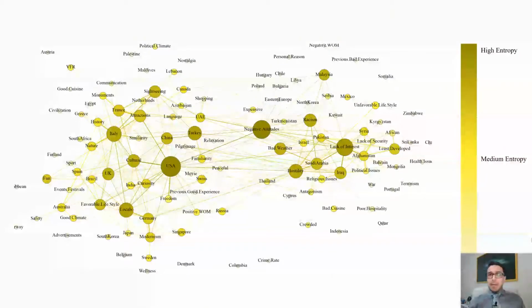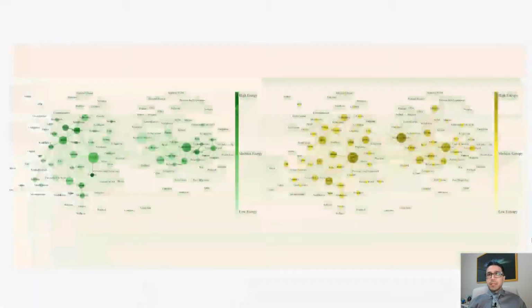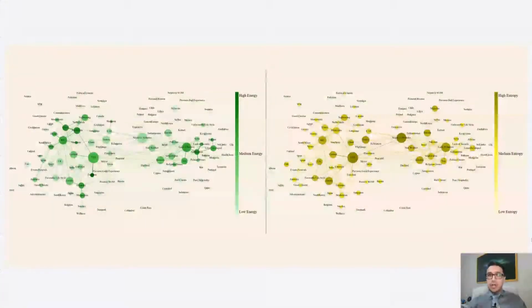We can map the level of entropy and energy. In this case, you can see the entropy map. The darker yellow colors indicate the higher entropy becomes. It's the same for energy. Darker green colors show the higher energy level in each node. And if we compare them side by side, you can see that entropy and energy are not mutually exclusive in